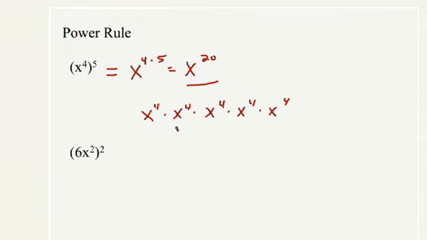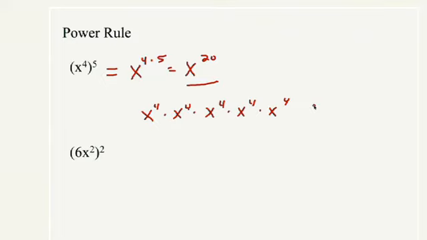This says that if we're multiplying 5 x to the 4ths together, we would have to add these 5 4s together. But adding 5 fours is obviously the same as multiplying 5 by 4. It's just quicker to get to the answer by using this power rule or this multiplication rule. But again, this is the idea behind it.